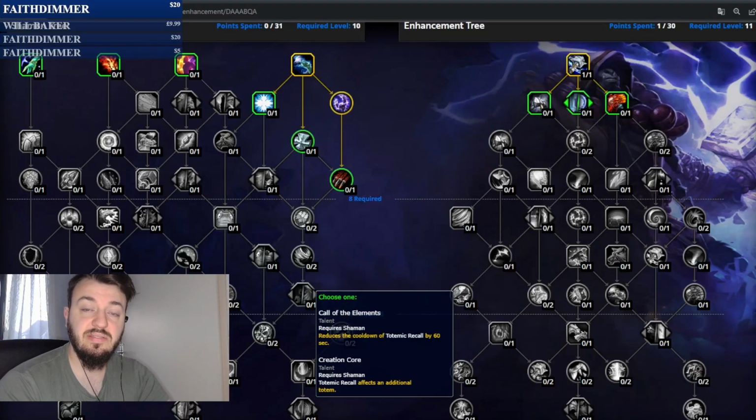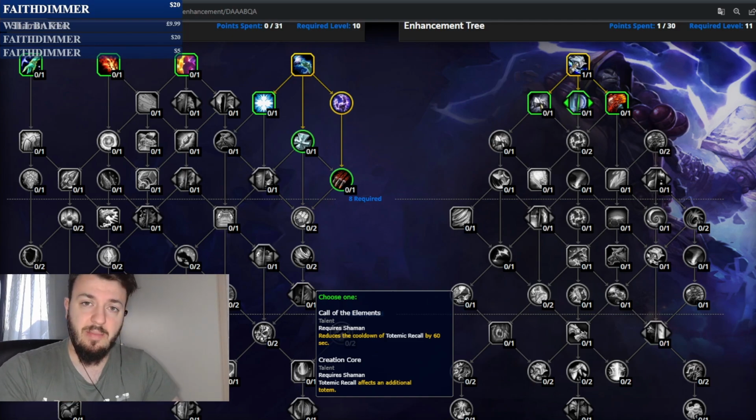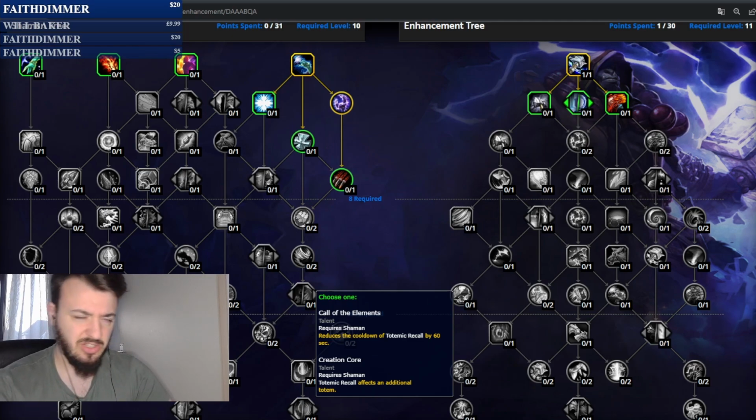So, let's start talking about Enhancement Shaman in 10.2. I think I'm going to make a video about it for every single class or spec that I am going to play. And I will give a bit more input about the changes that they actually made for that spec. So we had a lot of changes currently with a lot of talent points actually switching places